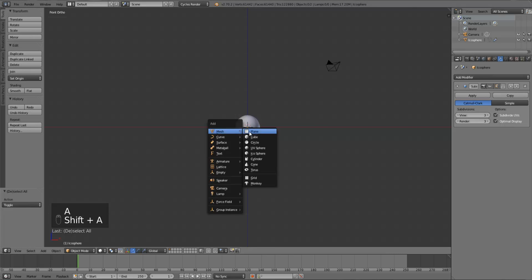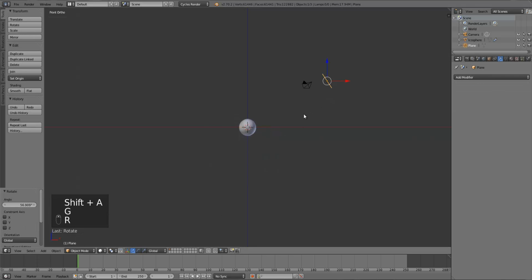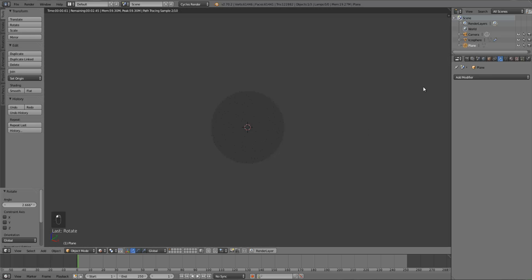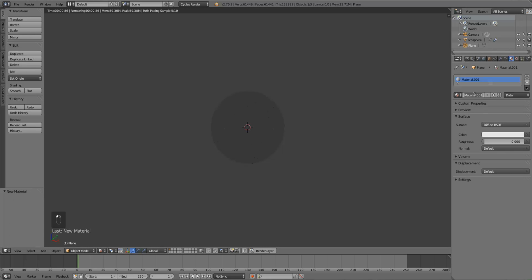I'm going to press Shift-A too and add a plane, and we'll just make this our sun lamp. I want to scale it down, rotate it a little bit. And I'm going to go into rendered view so we can preview this. We'll go to the shaders panel here, add a new shader. We'll just name this material sun, turn up the brightness, give it a very slight yellow tint,